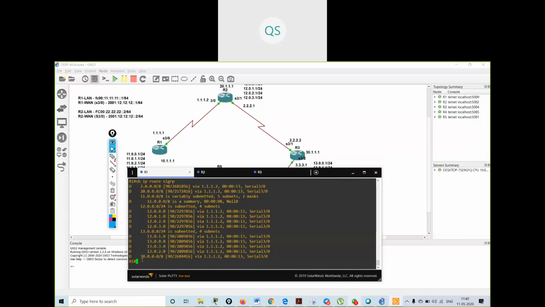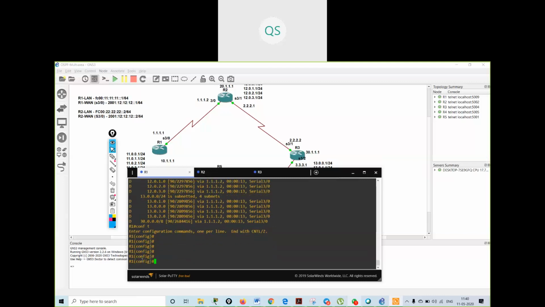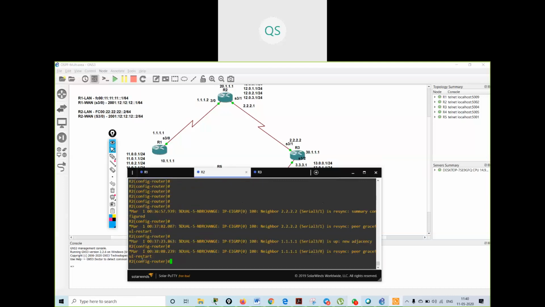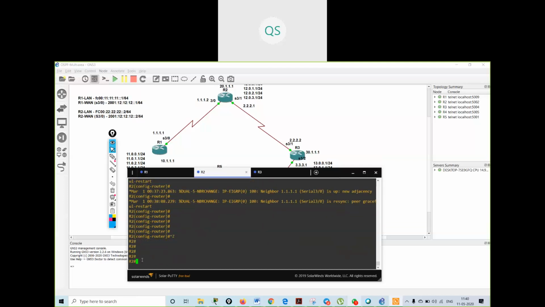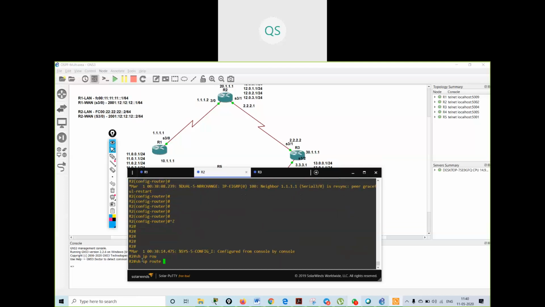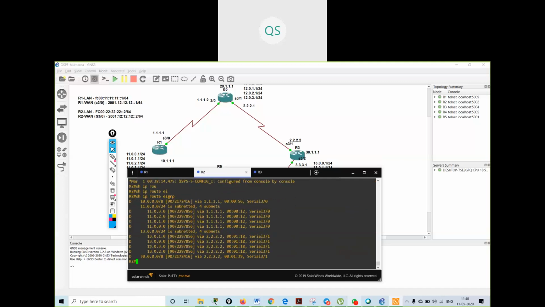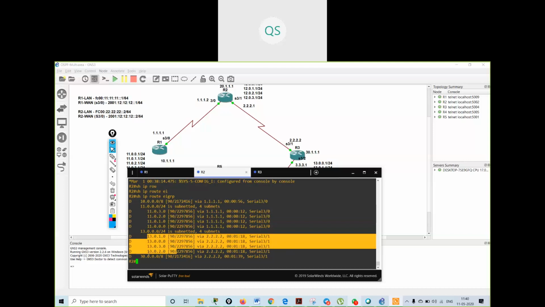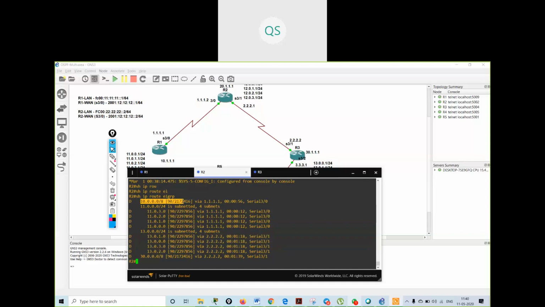I will put no auto summary over here also. Now, if I go on R2 and verify the routing table, show ip route eigrp, I am getting the 11 dot network, 13 dot network, 30 dot network, and 10 dot network.